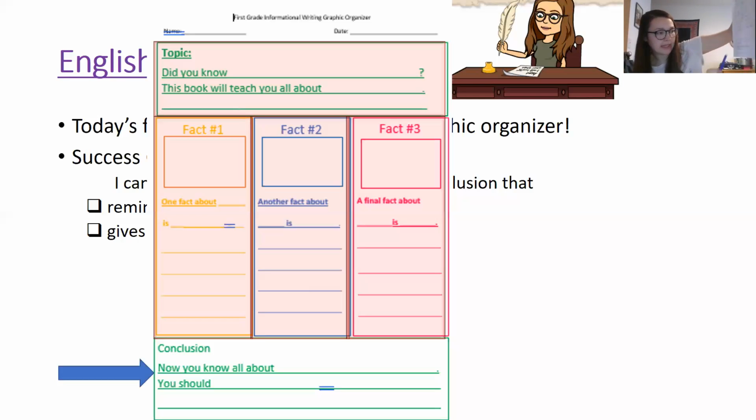So I think with my first sentence stem, where it says "now you know all about," it would make a lot of sense for me to say, now you know a lot about dogs. And I'm going to end that with an exclamation point because I'm excited about all of the information that I was able to include in my graphic organizer about dogs. Now it says "you should," because my success criteria says I need to give my reader a job to do. So you should,